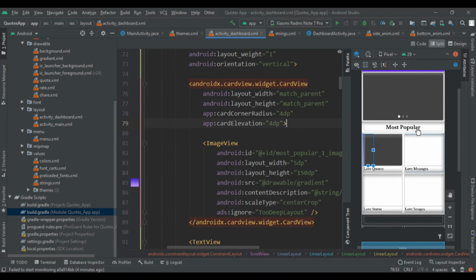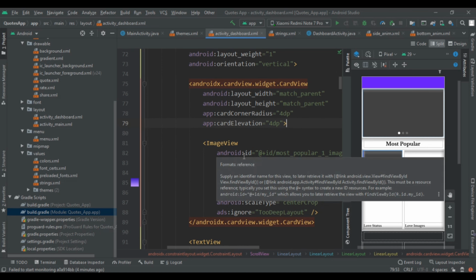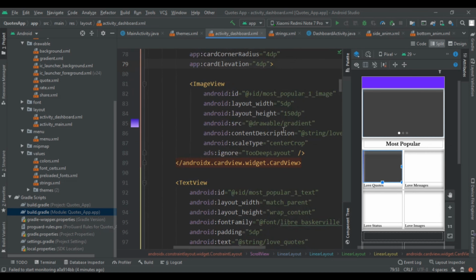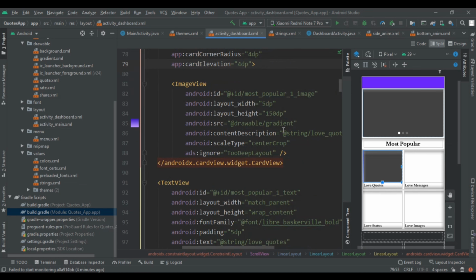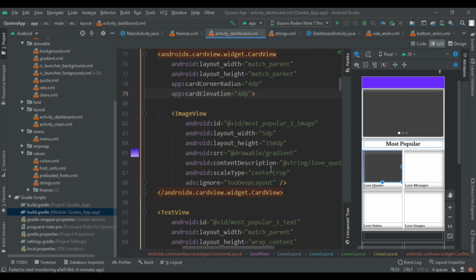So you can see that the full code opened, but a full black screen occurred. I don't know why. Here we had given its width to be 5 dp and height to be 150 dp, and set it as the source.